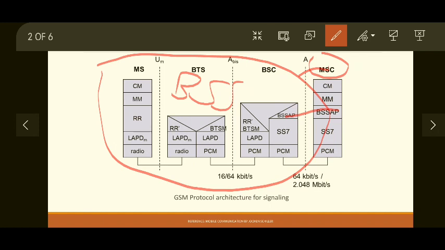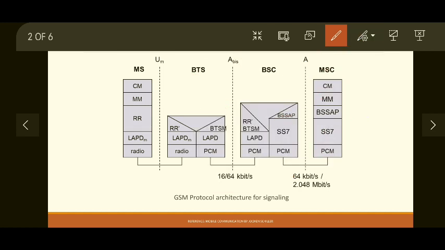So BSSAP is responsible for control related information exchange between MSC and BSS entities. Primarily it goes through the BSC, that's why it is communicating with only the BSC. So that is the BSS application part.